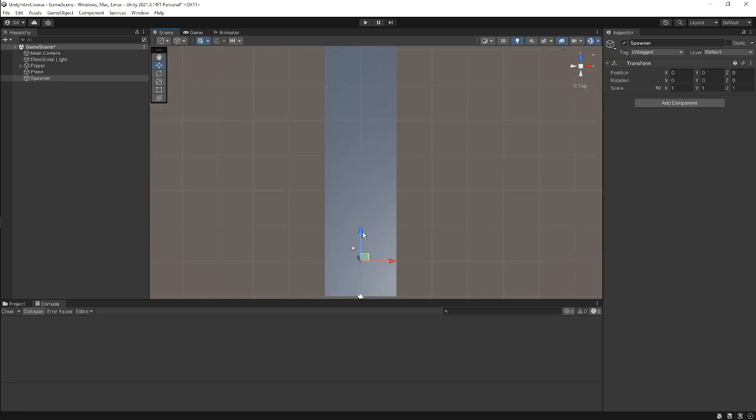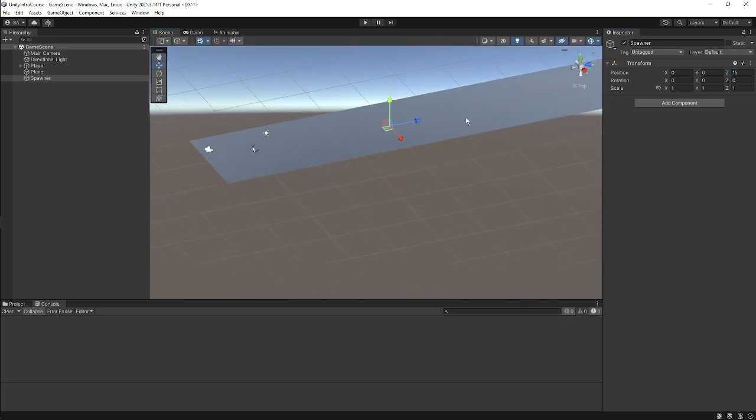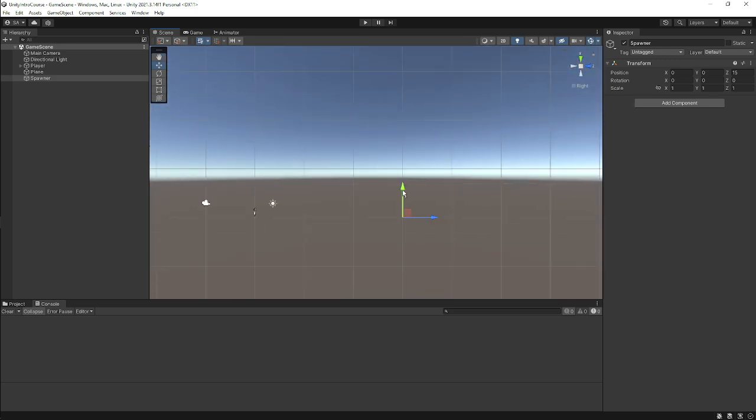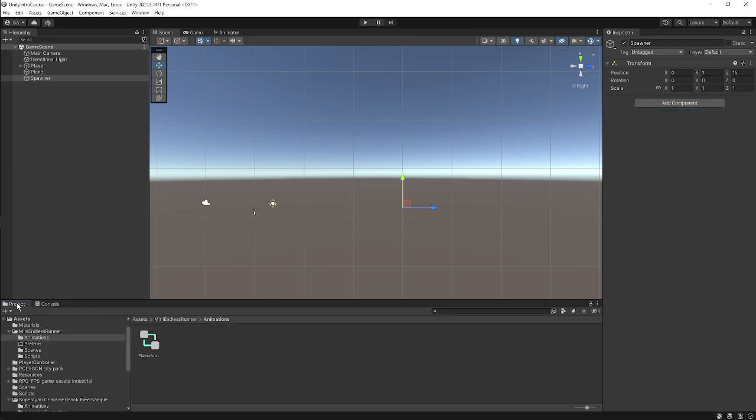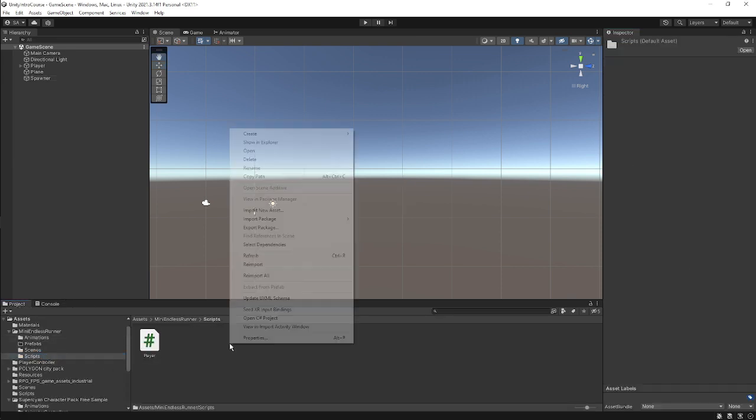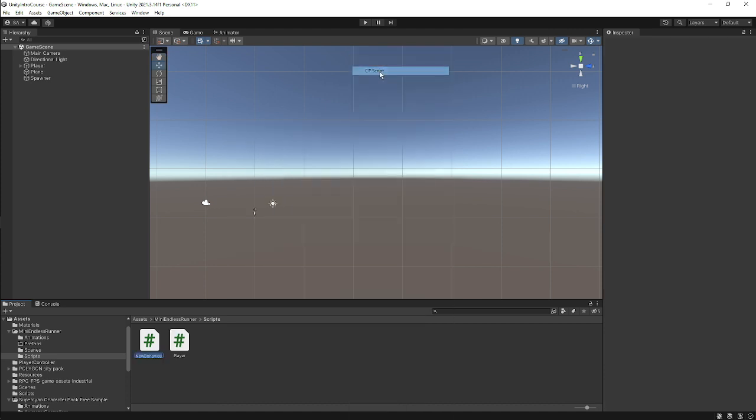Okay, and then let's put the spawner right in front of the player, somewhere here. Let's say 15, and then the obstacles will spawn here, and then move towards the player. So that's what we are trying to do with this. Let's just put it up just a tad bit. One should work. Okay, now let's go to our project window and then scripts, right click, create C sharp script,